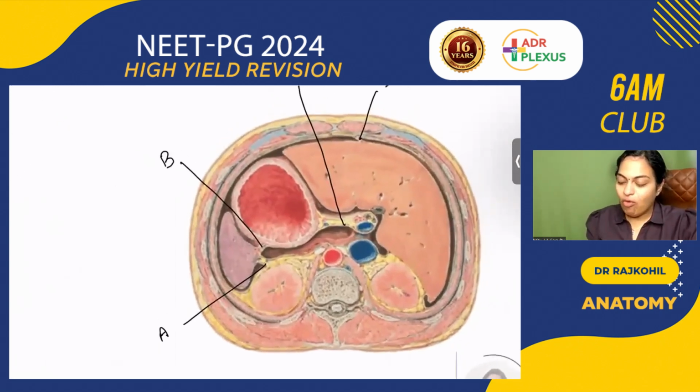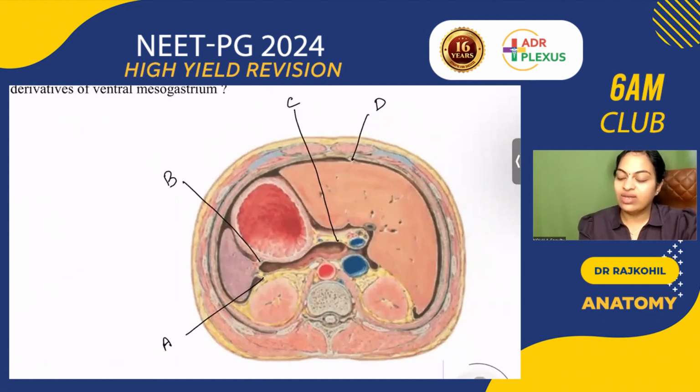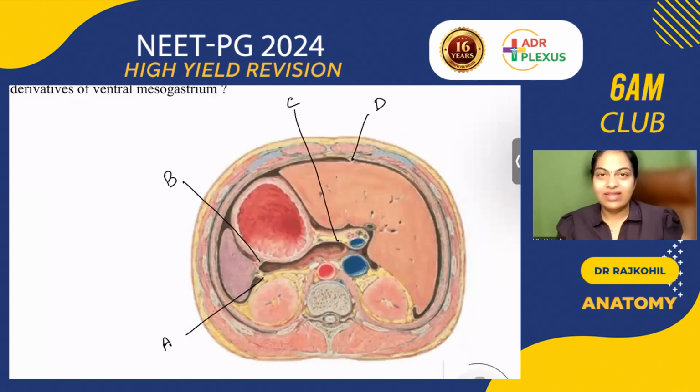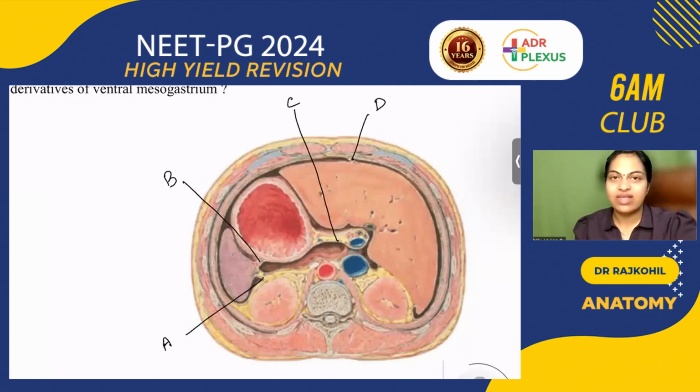This is one important image. I just would like to spend 2 minutes on it. Okay. So you see a cross section. Guys, the audio video is clear, right? Is there any problem, any fluctuation? Please let me know. So this is a cross section image of the abdomen, probably at the level of,